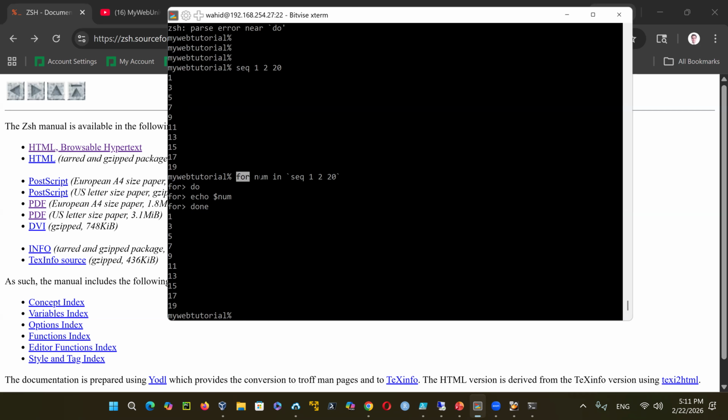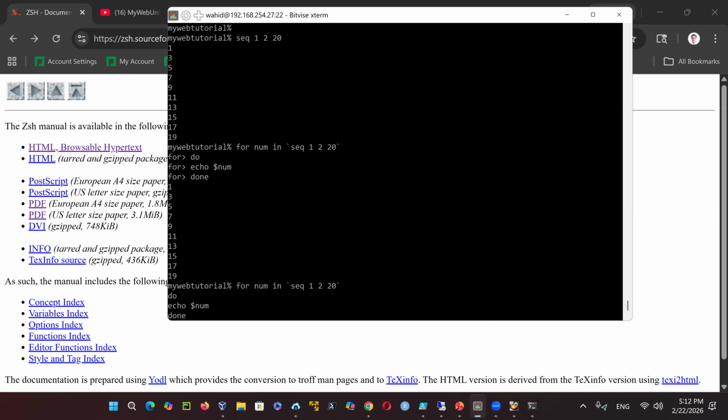However, if you put it within another variable, like declaring num, and you're saying for num, you want to reuse num, then you have to put this one in backtick, meaning that this one is going to generate this order. Then every time within the for statement, I just say $num pointing to 1, $num pointing to 3, and so on. So another syntax you could use, instead of the backtick, is a subshell,